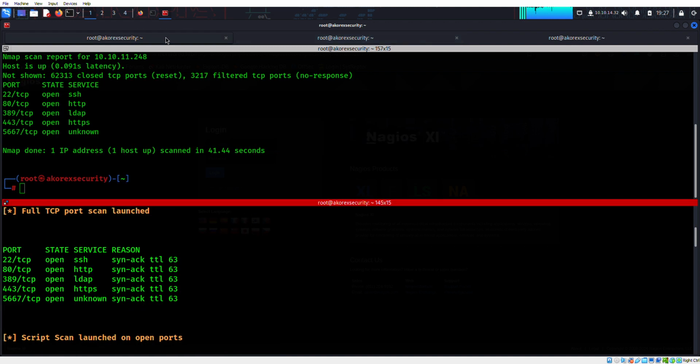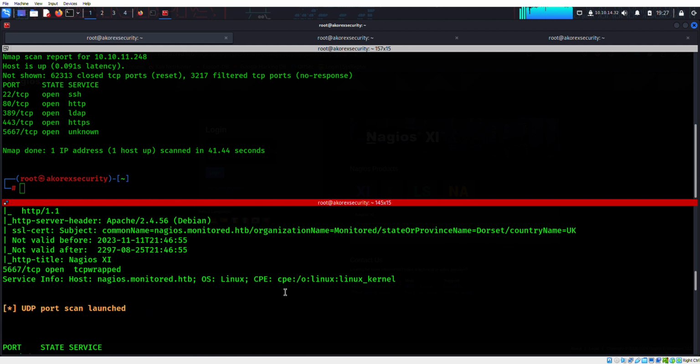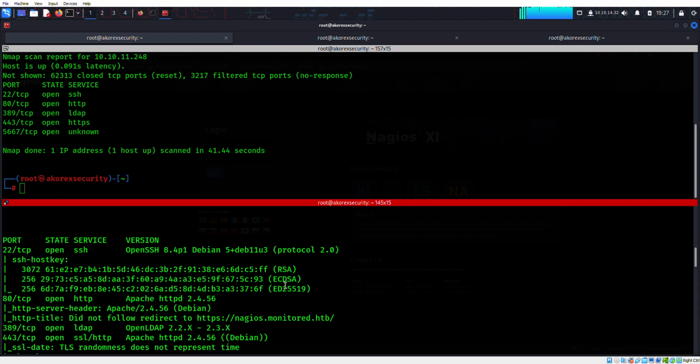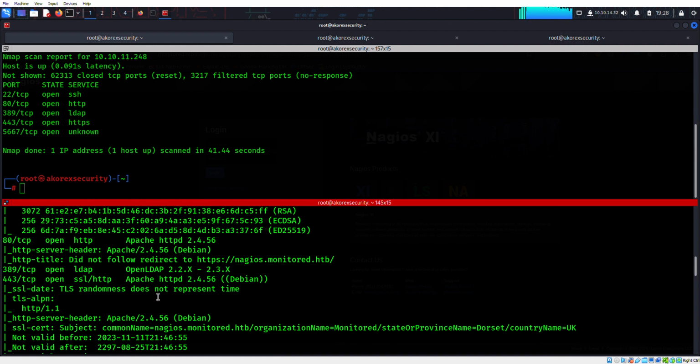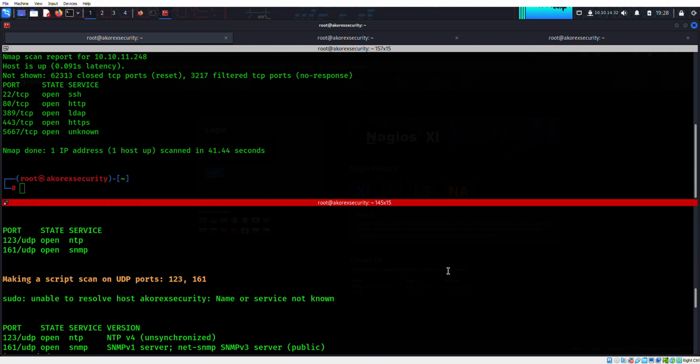Seems we're stuck right now, so let's see. So we still have the same service version, so the HTTP is still redirecting to HTTPS, and okay, this